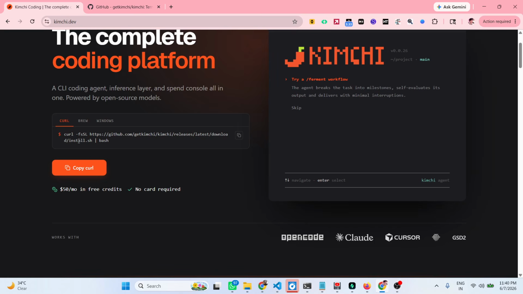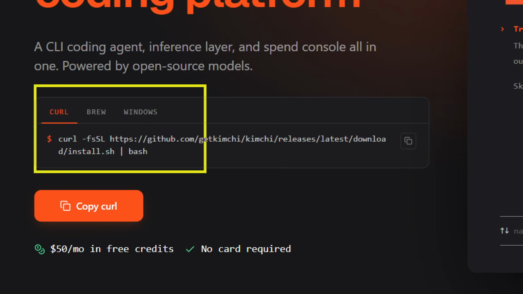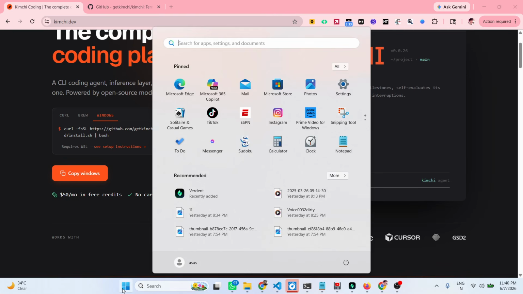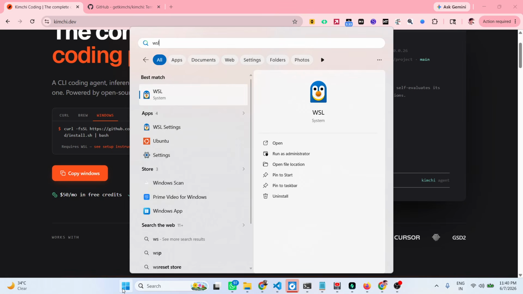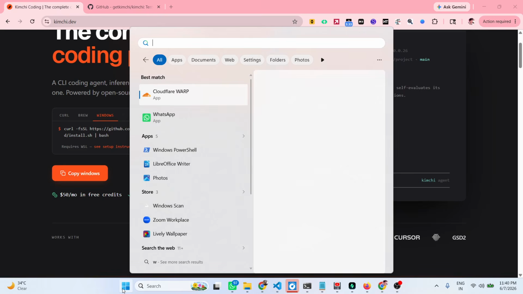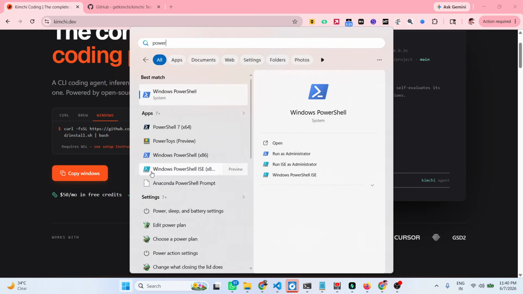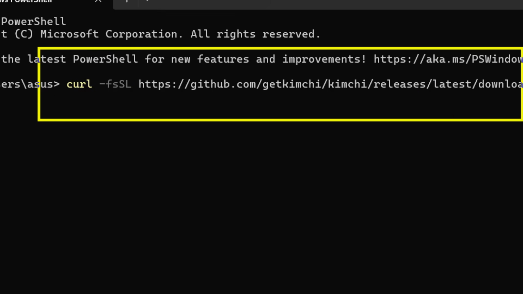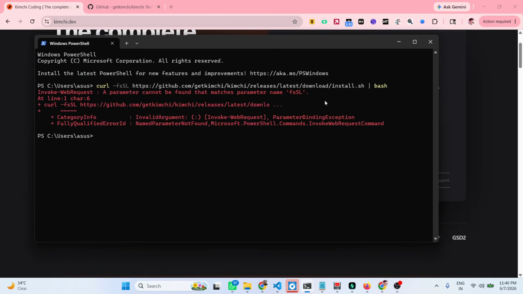The installation is quite simple. The curl command is given. If you are on Windows, simply copy this command, and you can open Windows PowerShell. If you are inside Windows, simply open that and paste this command. As soon as you paste this command,